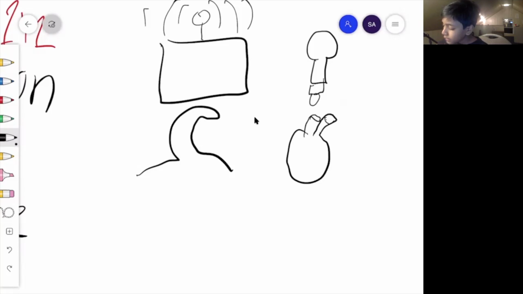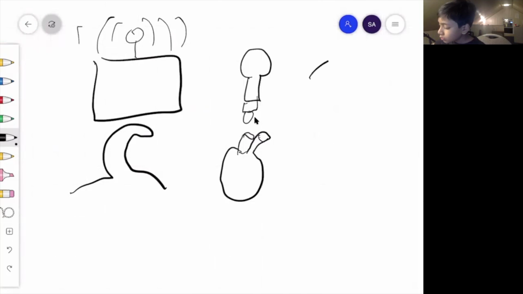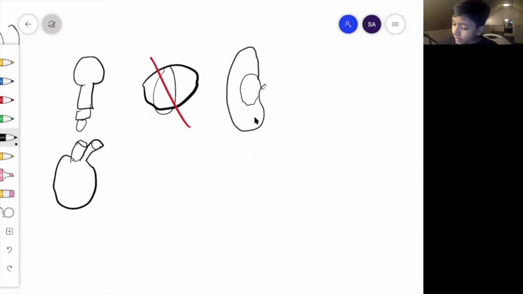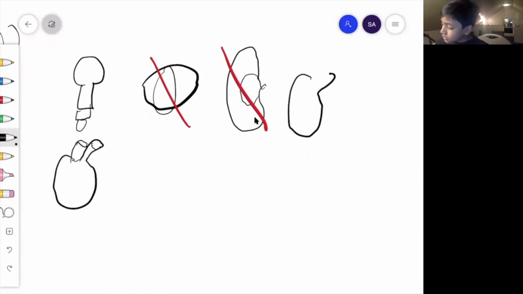And if waves didn't exist, we would be blind. We wouldn't be able to hear anything because of no sound waves. And we would probably die because our heart depends on a wave too.